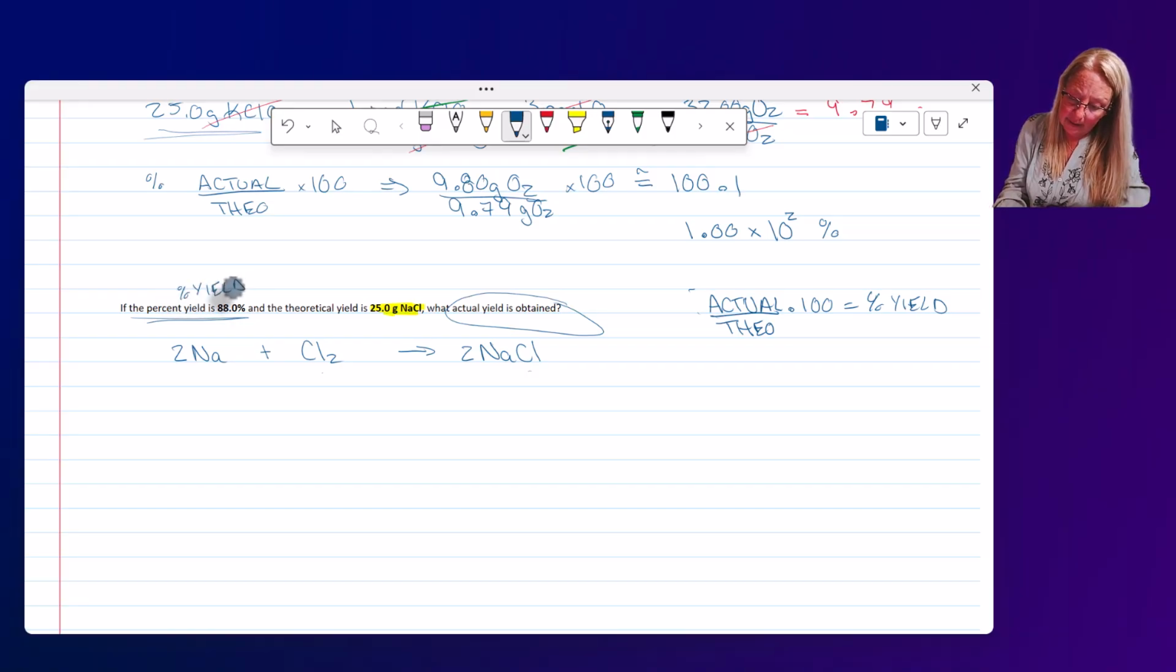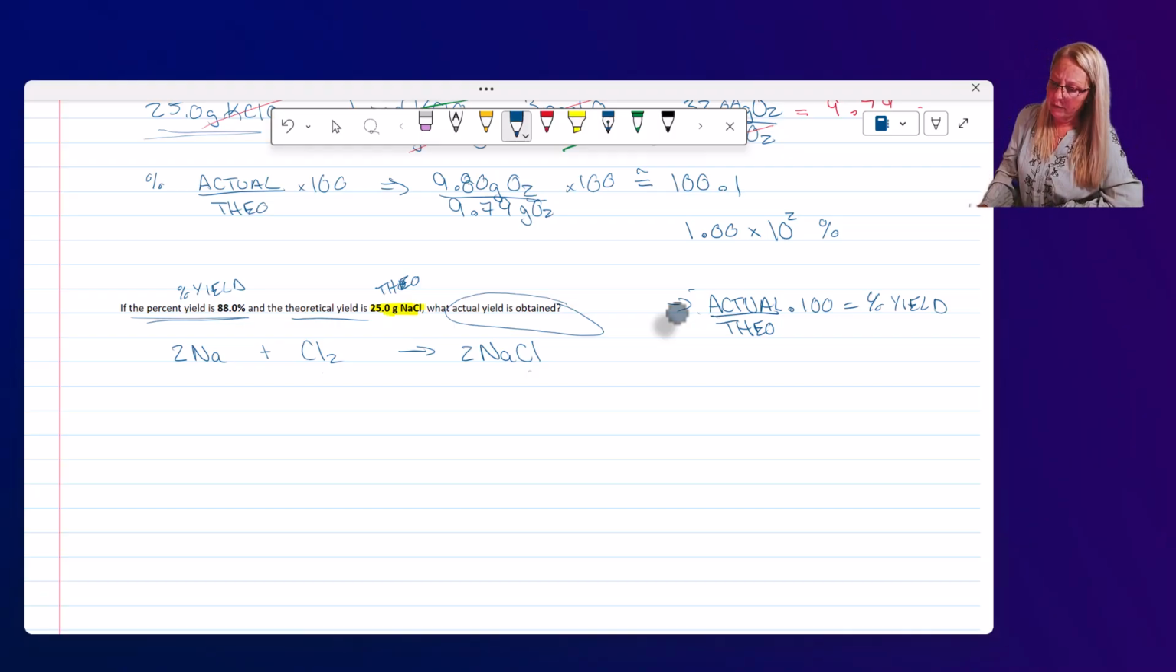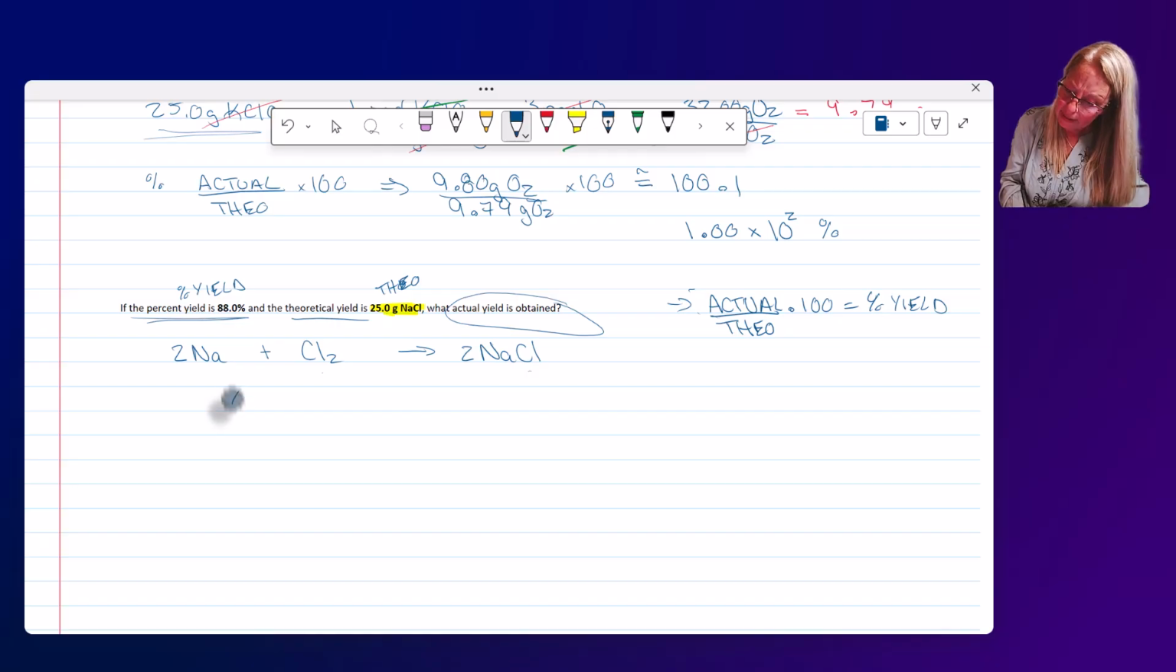And then I'll have theoretical yield. It was 25. This time we want actual. So in class we were solving for theoretical. We weren't solving for actual. So this time, I want X, actual, divided by my theoretical, that's 25.0 grams of NaCl, times 100 equals